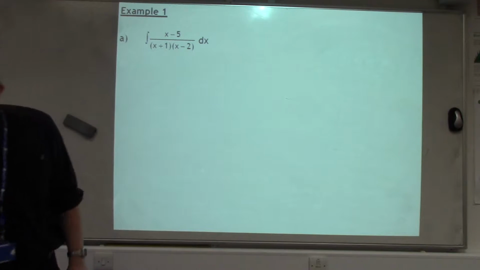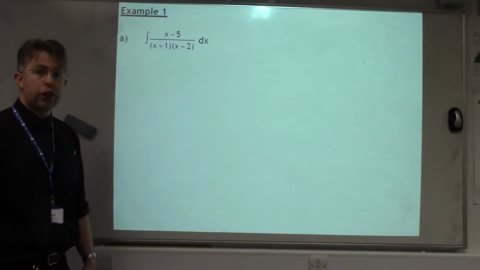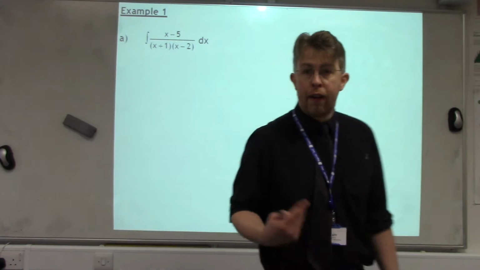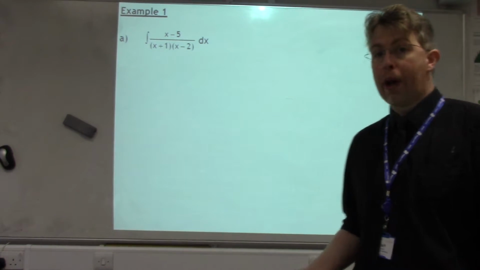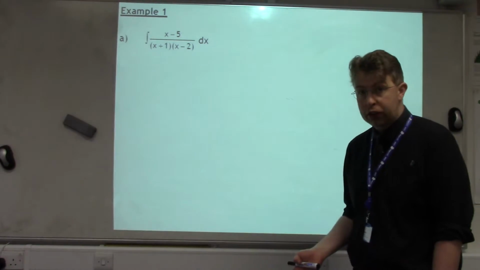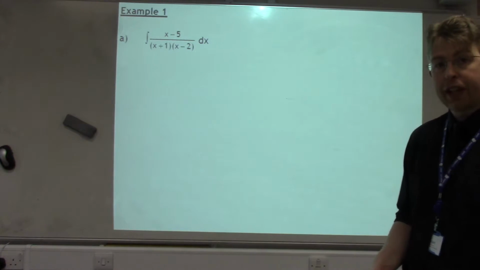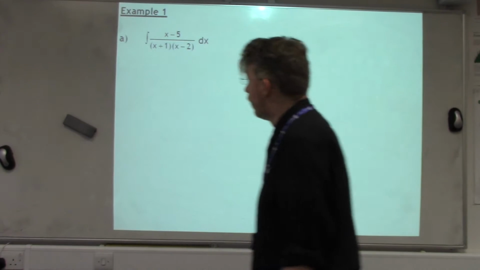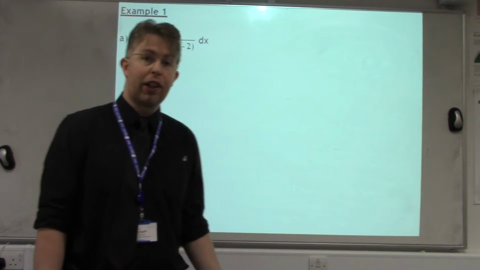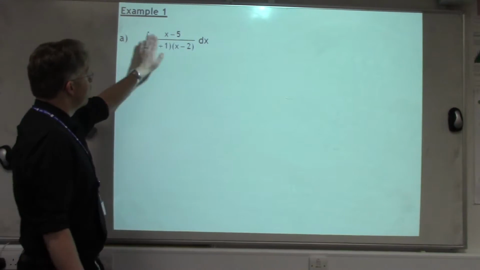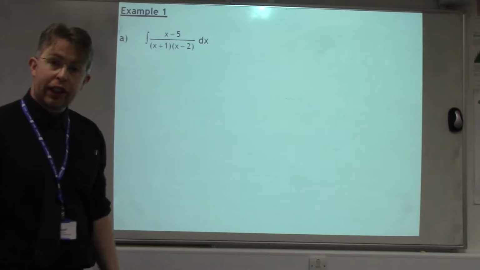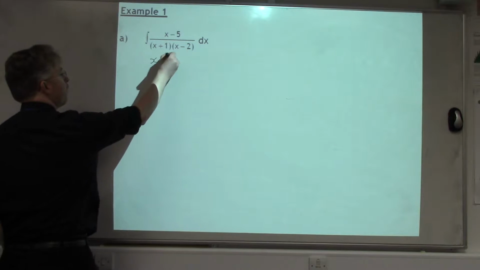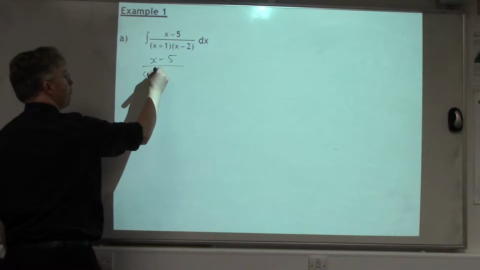Sometimes you get integrations where you would be expected to use partial fractions in order to integrate them. So in some cases, doing the partial fractions will be part A, and we'll use the answer in part B when integrating. In other cases, they'll just expect you to recognise that partial fractions are required. So if it looks like it's a partial fraction question without the integral signs, then treat it as that, do the partial fractions first. So in this case, partial fractions take the form